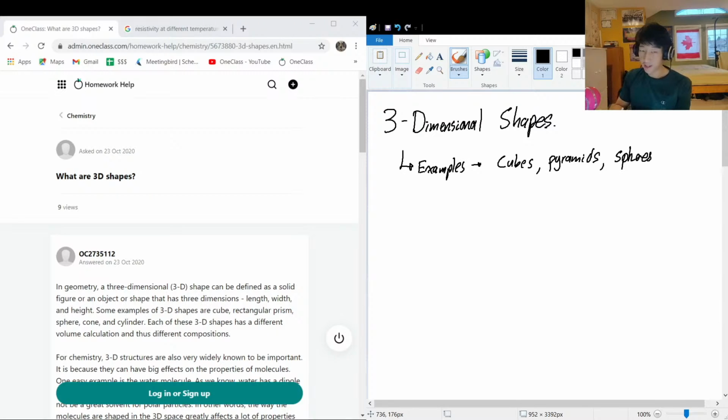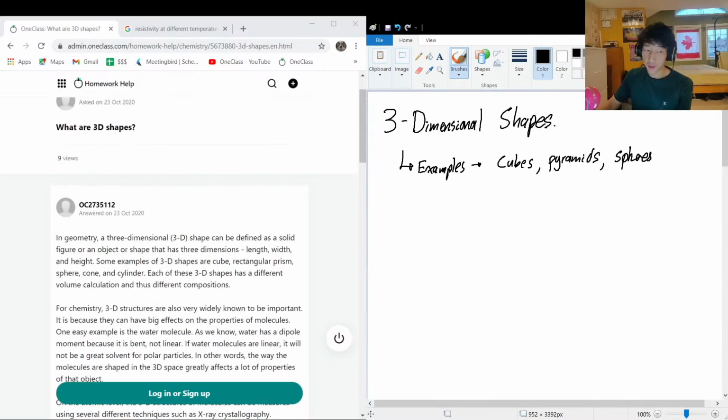and all that. Now I know this may seem extremely straightforward, but in some applications, the 3-dimensional arrangement of objects really can have a lot of impact on the properties of it. So you're going to see this a lot in chemistry as well as in physics. That's typically when 3D shapes are going to be more useful. They have 3